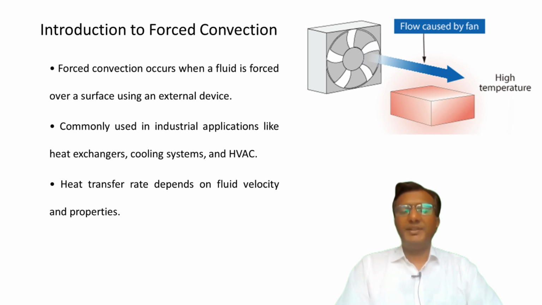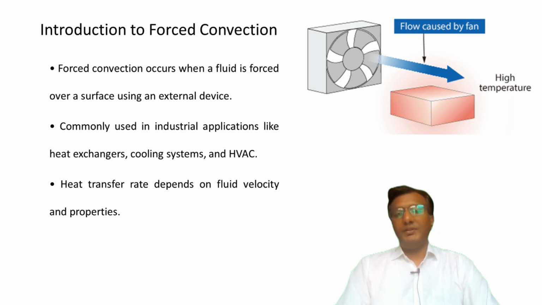Let's begin with the basics of forced convection. Forced convection occurs when a fluid, such as air or water, is moved over a solid surface by an external device, like a fan, pump, or compressor. This motion enhances the heat transfer by carrying away the heat from or to the surface more effectively than natural convection. It's widely used in industrial applications, including heat transfer in power plants, cooling systems in cars, and